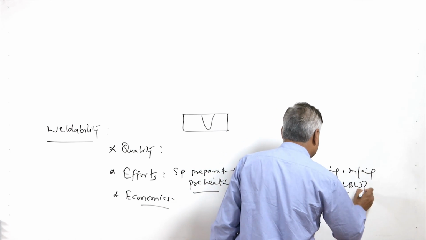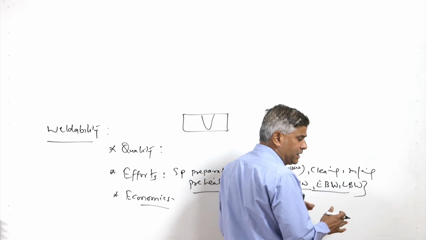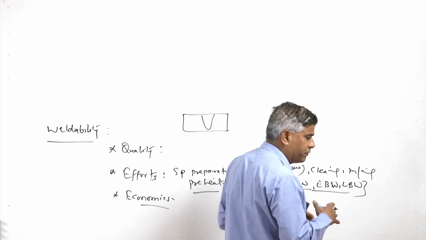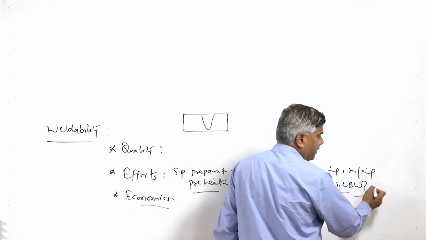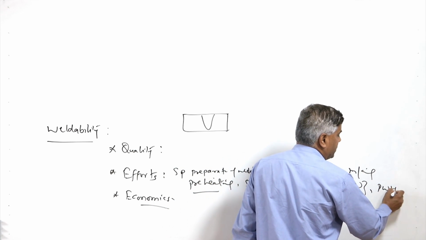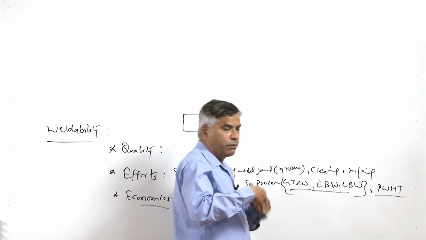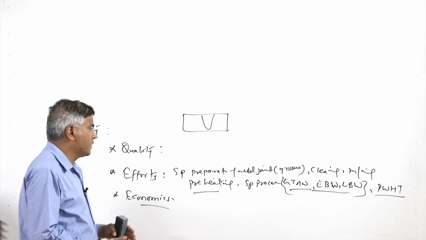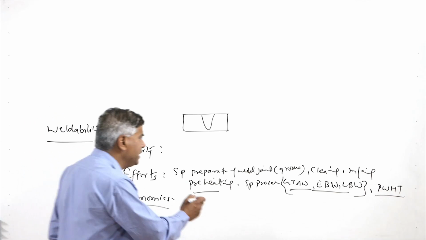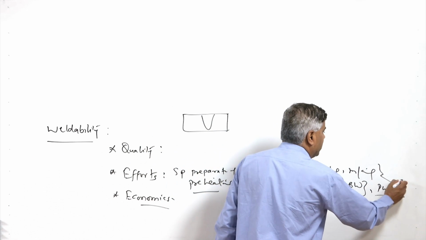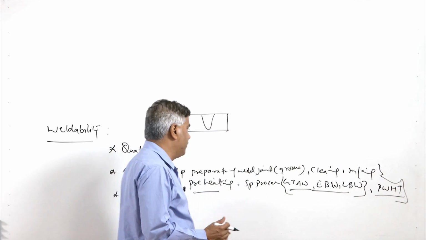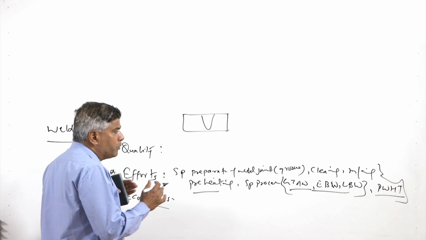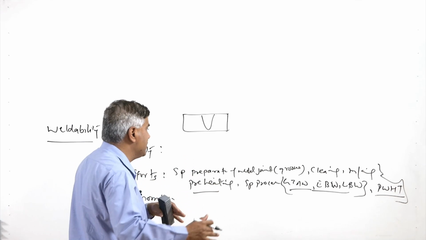So, these are the special processes which will be offering very little heat, high energy density and low heat input for developing the weld joints. And once the joint has been made, if it requires post weld heat treatment in order to improve the properties and overcome the residual stress if it has developed. So, all these special things, depending upon the extent to which they need to be done for developing a weld joint, will be decreasing the ease of welding.